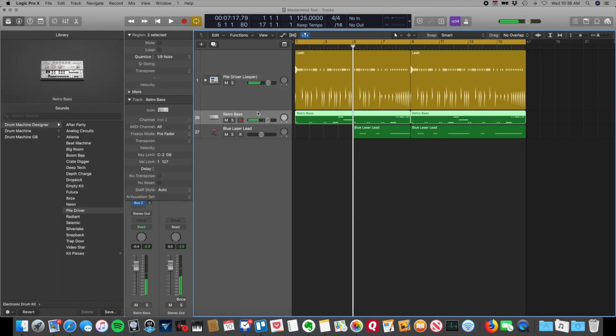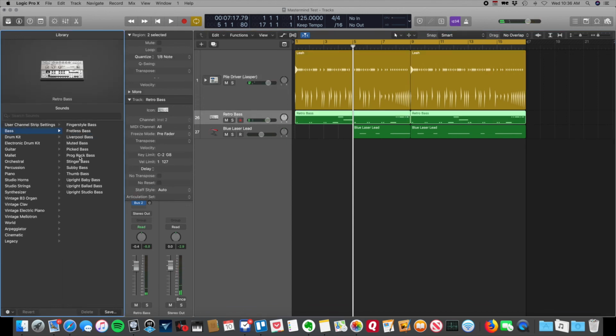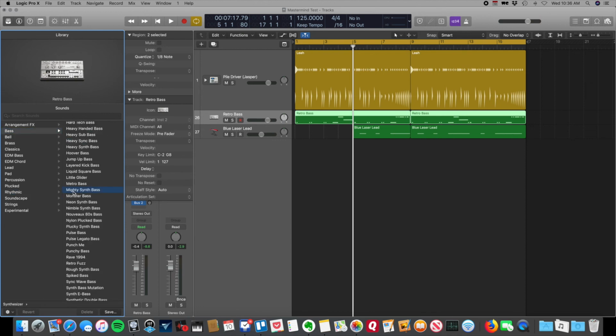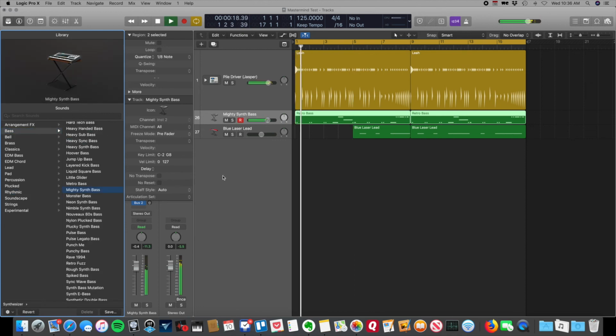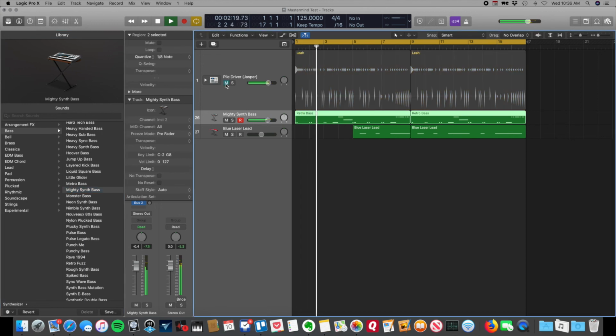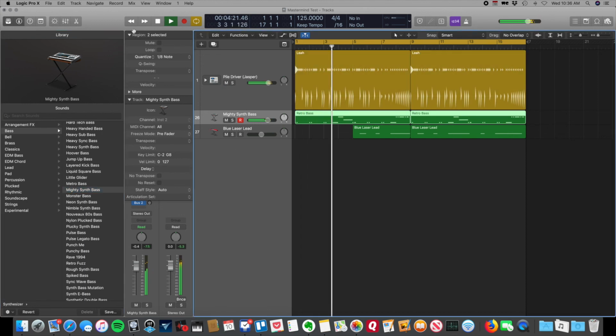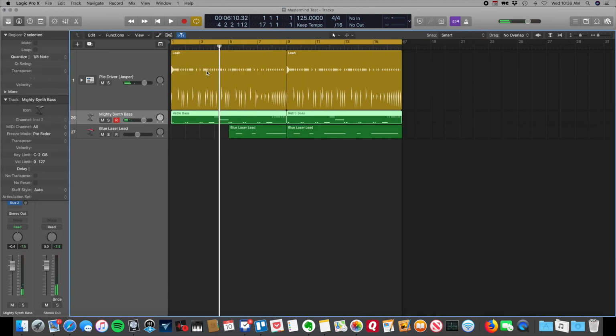So we could change this bass too. Let's get a synth bass or something here. Oh, the mighty synth bass. So let's see what that sounds like. Yeah, you know, it might not work. But anyway, the point is that you've got all your Logic Pro capabilities now where you can finish this song